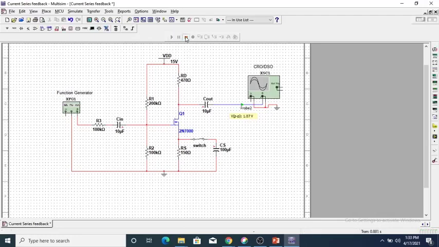Now pause the simulation, open the switch and again simulate it. This is V0 dash with feedback and its value is 112 millivolt. Now put this value in the formula and calculate Ri and Rif, that is input impedance without feedback and input impedance with feedback.